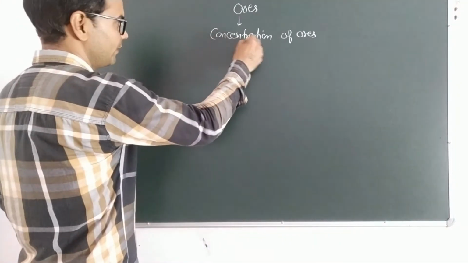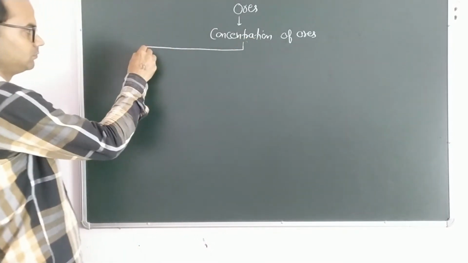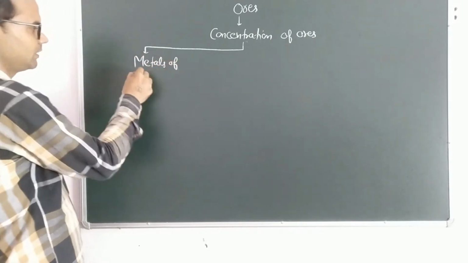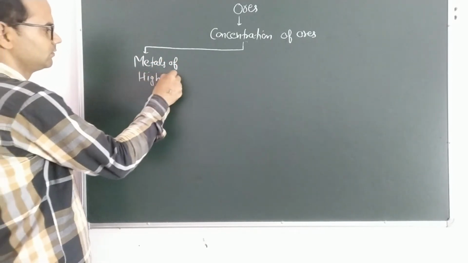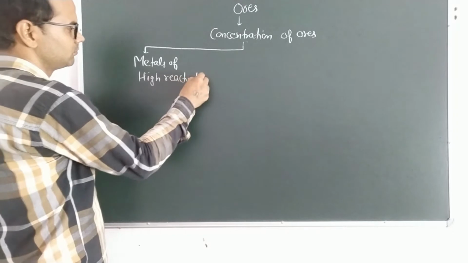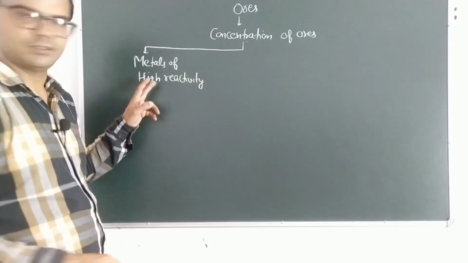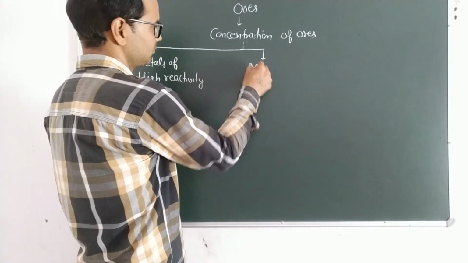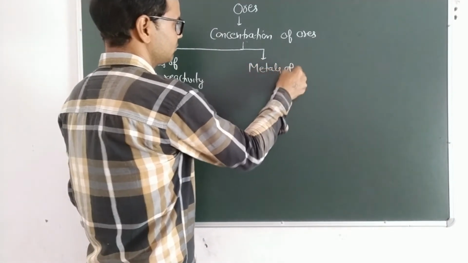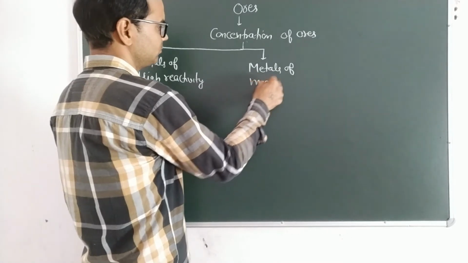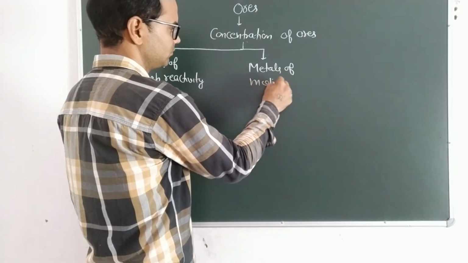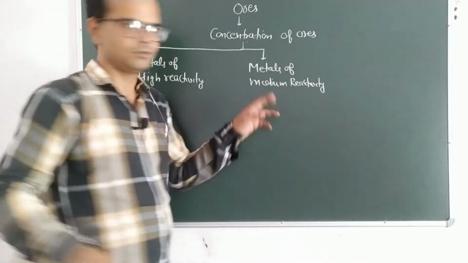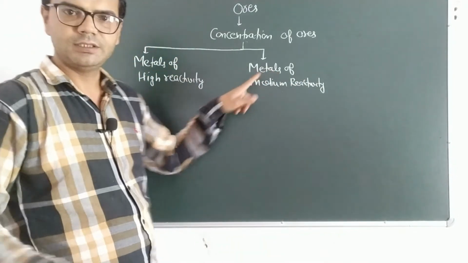So we have three types of metals: first, metals of high reactivity; second, metals of medium reactivity; and last, we have